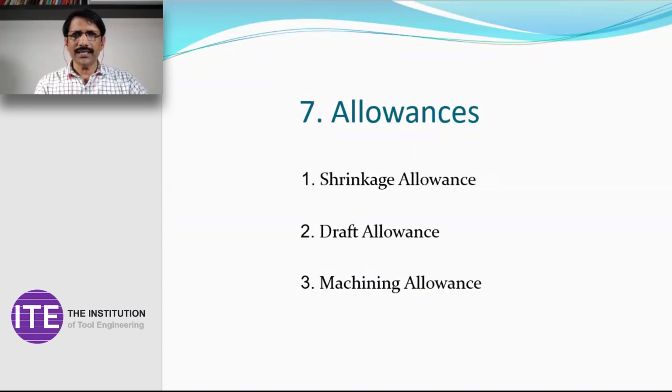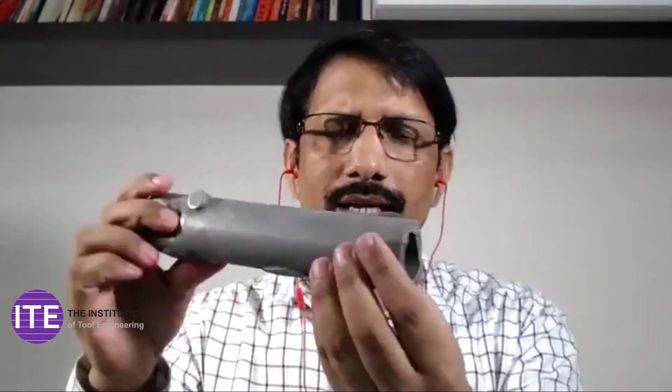Now, say this is a component, this is a part, this is a shock absorber of a two-wheeler. Okay, this is a half part. I can show you. This is a hollow cavity. Right. Now, the material of this component is aluminum alloy. And when you fill the aluminum alloy, the temperature is around 650 to 700 degrees Celsius.